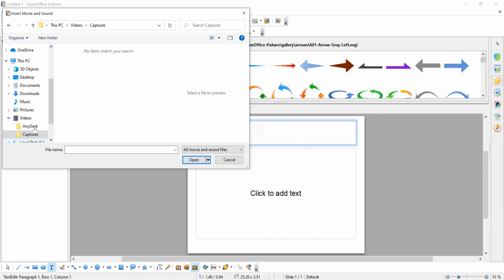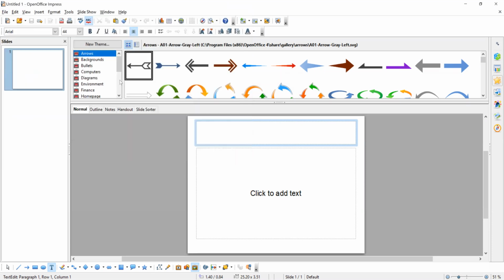Nothing is available here. So in the media playback toolbar, an add button is there, and play, pause, stop buttons are there.